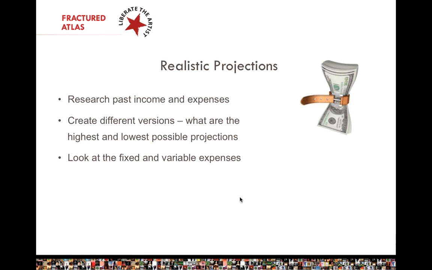Where the income or expense is listed is really less important than making sure it appears somewhere on your budget and that you stick to it. If you subtract your fixed and your variable expenses from your total anticipated income and you have some money left over, then you will have room for discretionary spending in your budget. And discretionary purchases are things that your organization might not consider to be absolutely necessary, but that will help move your work forward. So discretionary purchases might include things like buying tickets to go see other